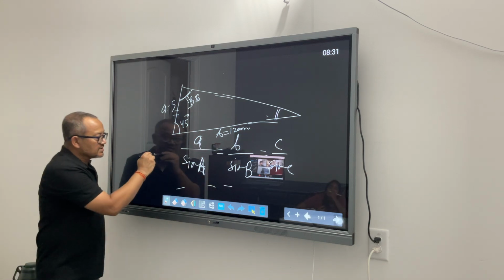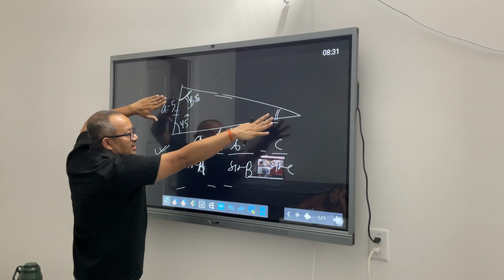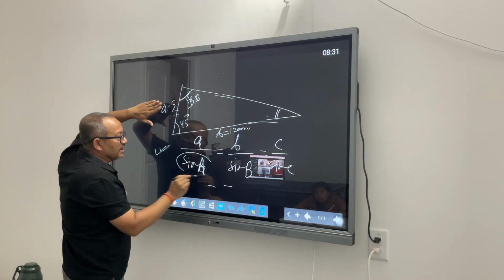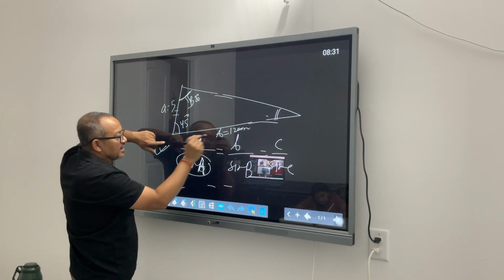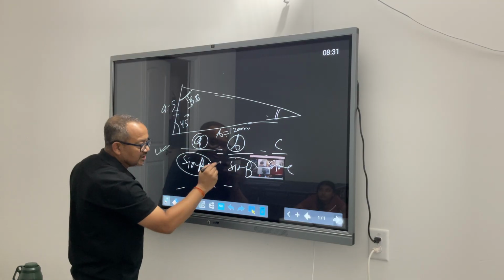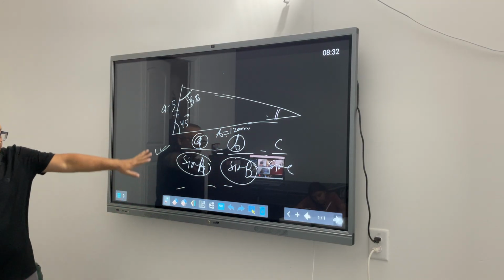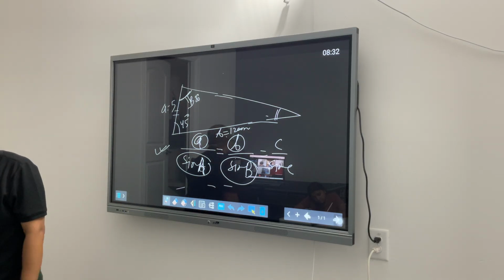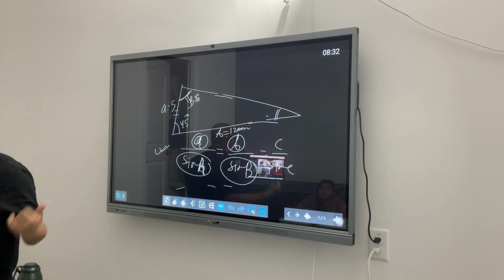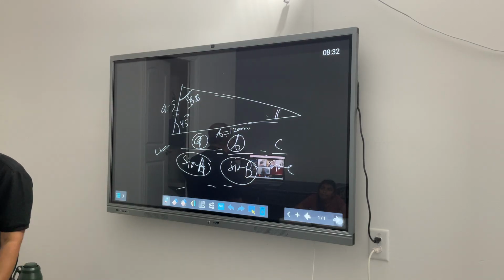That is what this slide helps you with. If you know this side and the angle opposite to it, find the sine of that angle. If you know any other side, you plug in this value, and you can find the other angle. So if you know any two sides and one of the angles opposite to them, you can find the rest of the properties using the law of sine. And we'll prove this law of sine also, how it was derived.